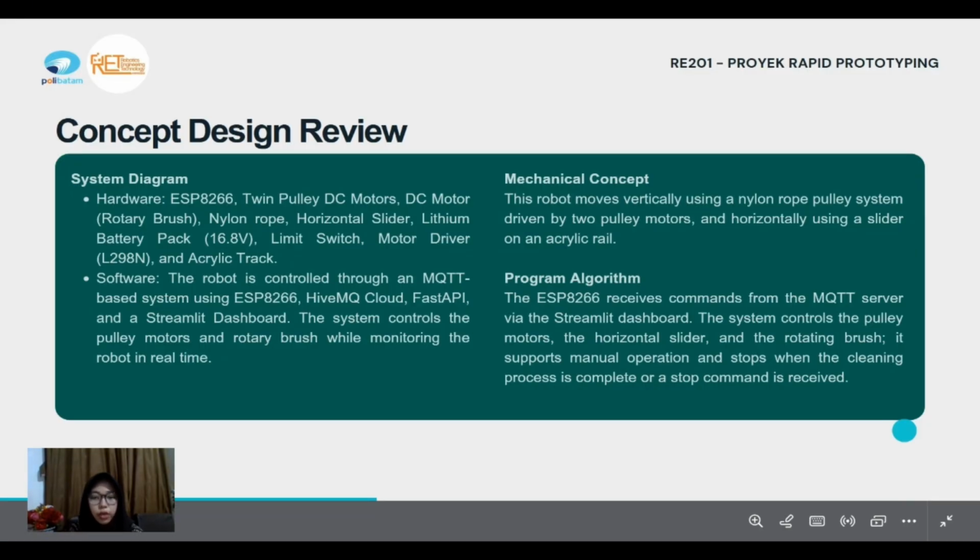For the software, we implement an MQTT-based communication system using HiveMQ, FastAPI, and Streamlit dashboard. The system allows users to monitor and control the robot in real time through a web dashboard.